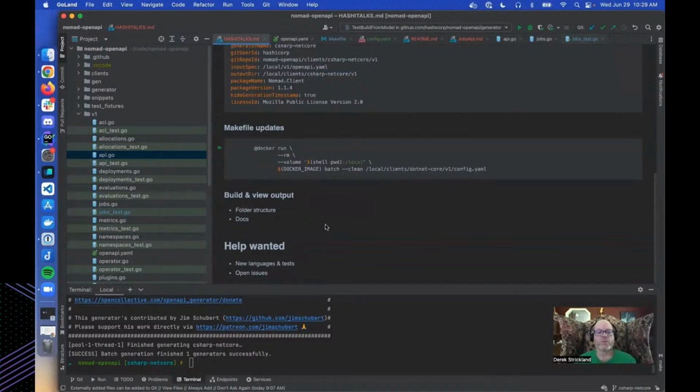We have some open issues that we're always looking for help on. Some of them are language specific. For instance, we've got some open issues right now in the upstream Python generator. Would love some Python expertise to come in and help us figure out that upstream challenge so that we can get a PR submitted there so that we can consume it and fix some of the generated